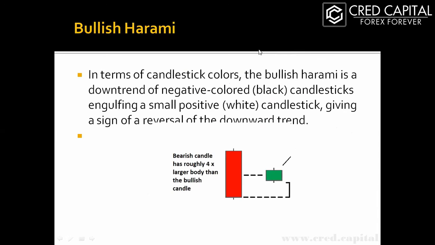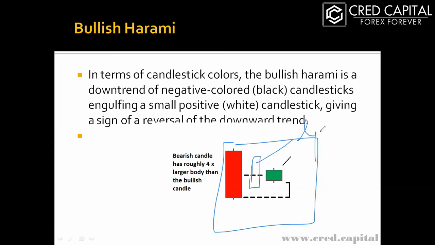So let's see. We have two types of candles here, a bullish harami and a bearish harami, and the third candle. We have three candles in the bullish harami. The middle candle, which appears in the center of the bullish and bearish harami, is generally considered a gap. It can be a gap, it can be a small candle. So it is not important. The gap is actually not important. The important factor is the first candle and the small candle which appears at the last one.